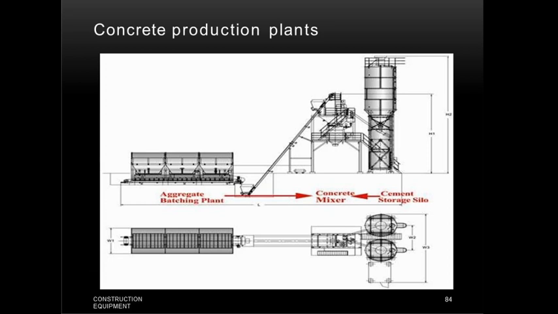Basically there are two types of mixer. One is the drum type mixer and the next is the pan type mixer. Drum type mixers are the tilting drum and non-tilting drum. The tilting mixers are useful for large construction works. Mixing of concrete in the tilting mixer occurs through the rolling of material from end to center and upon itself. The tilting mixers are easier to clean and can discharge the mix quickly and with a minimum of segregation.